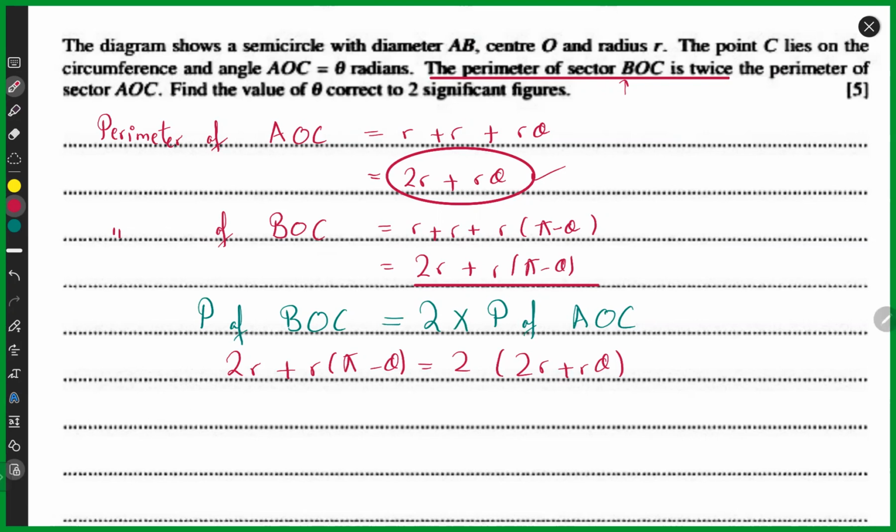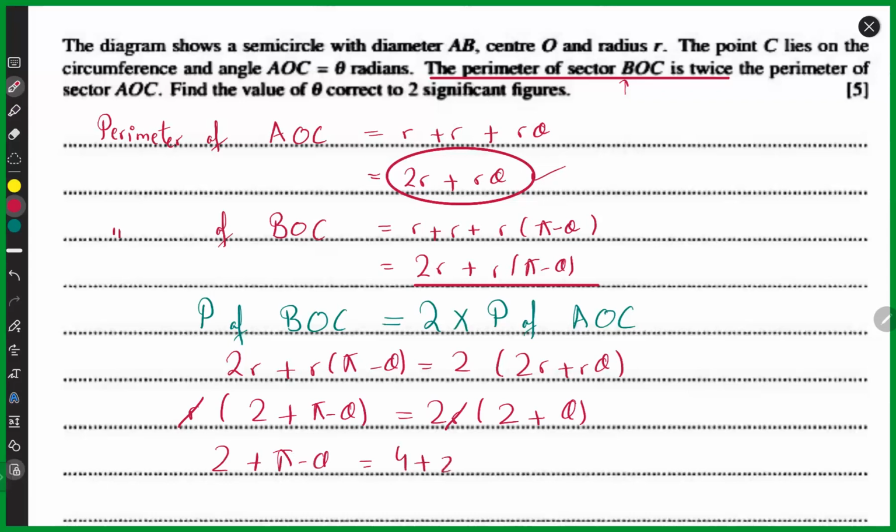So I'll take r common and it would give me 2 plus pi minus theta equals, again 2 is already there, r common, and it would give me 2 plus theta. I've taken r out and I can cancel this r with r and I would be left with 2 plus pi minus theta equals